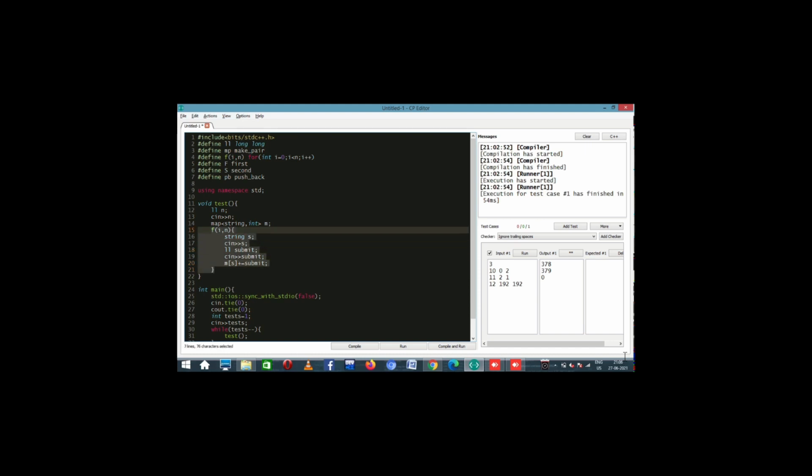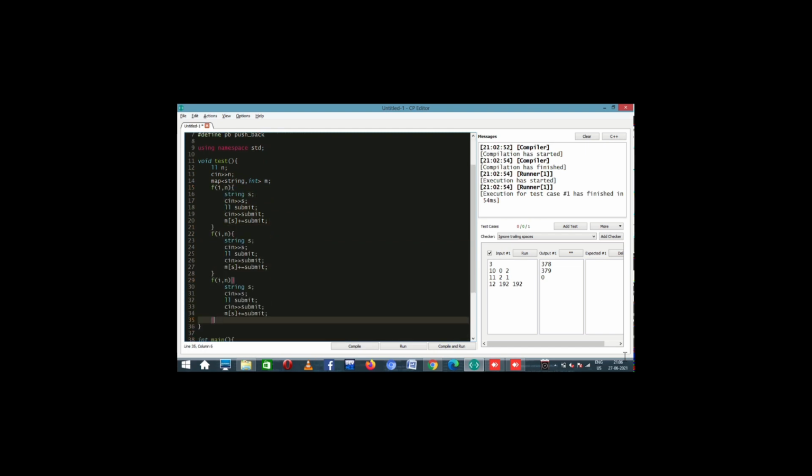Now I can repeat this 3 times, right? Because divisions don't matter to us, but we will have them 3 times. Now what has happened is in map we have each string and then corresponding number of submissions. All we have to do is we can say vector and let us call it ll solution. So we'll now go through the whole map. We can use auto for this, auto x, and we can go over the whole map, and in the second to it we have the real solution we are looking for.